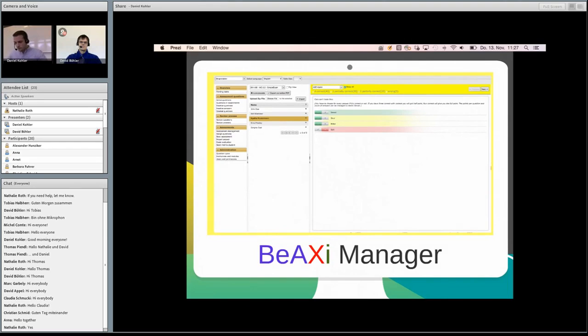But there is still an advantage there: written, machine-typed text is much more readable than handwritten text, and that's the advantage that the BeAXi Manager, or digitalized text in general, can give you.